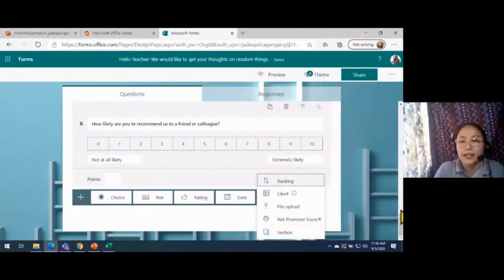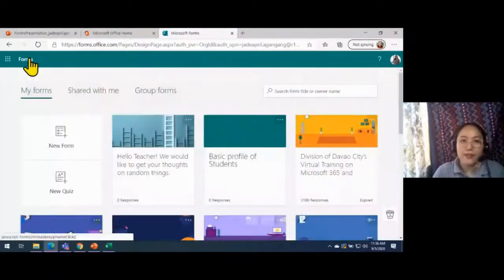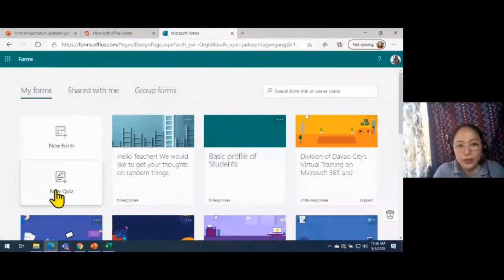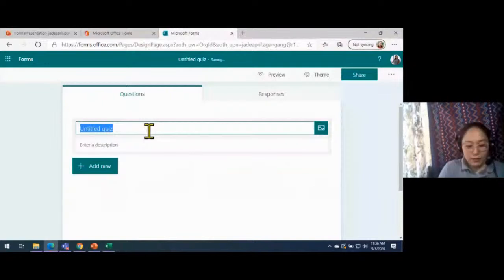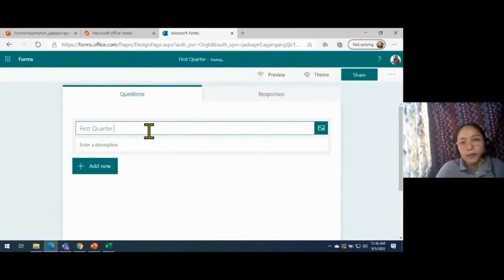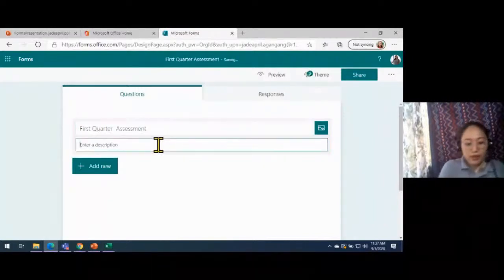Now, let's apply making assessments, a quiz. So, gagawin natin mag-copy-paste tayo. I'm going to click new quiz and we're going to make untitled quiz. Okay, assessment. First quarter assessment. Bilisan natin. What I did was, I'm going to copy-paste a previous exam here in Microsoft Forms for the purpose of this demo. Gawa ka ng description. This is your